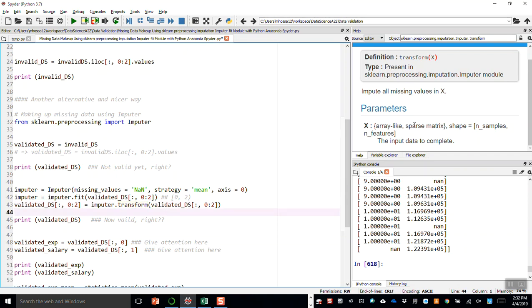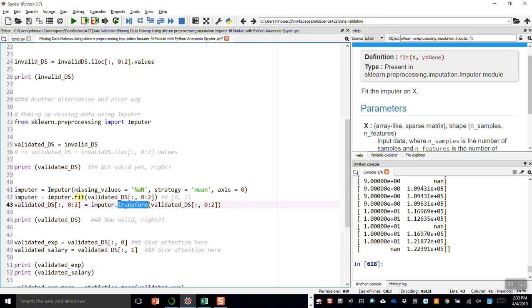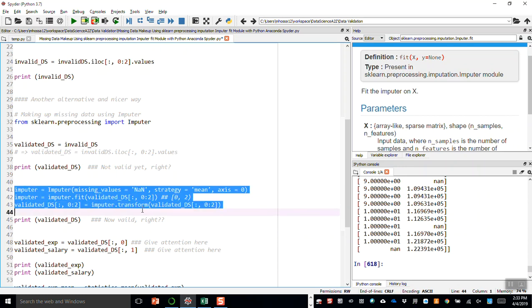If you go through here you will see some description of the fit method; select it and press Ctrl plus I, and you will get help for fit and for the transform method. So these 3 lines will take care of all of the missing values for the entire